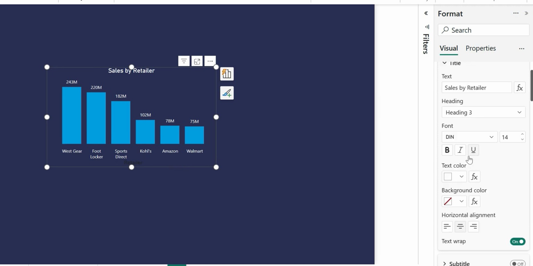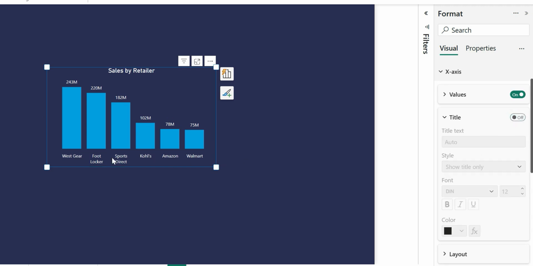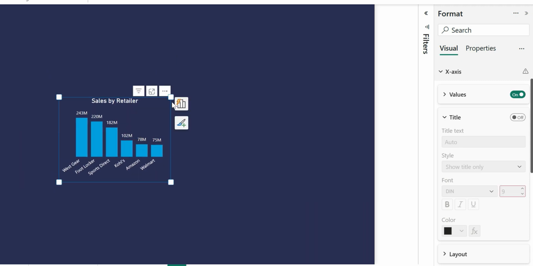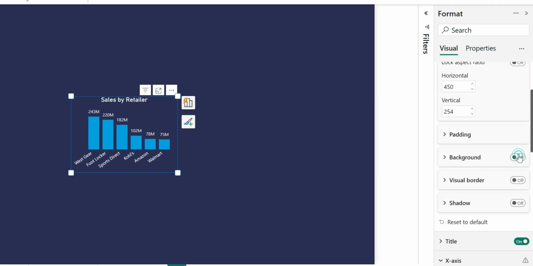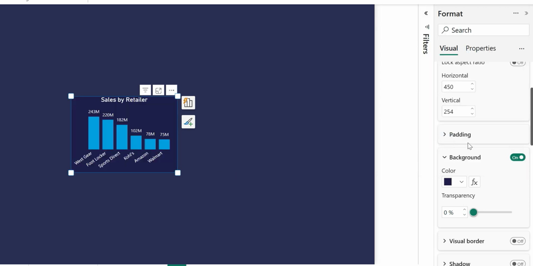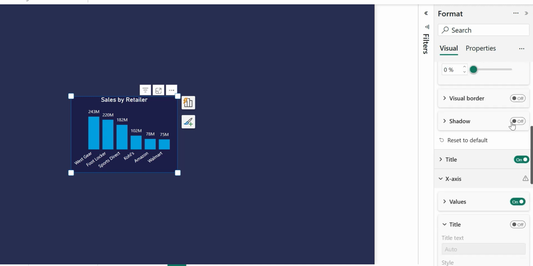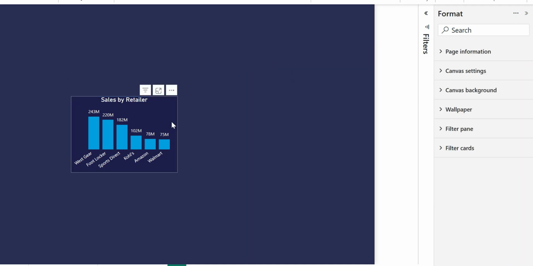Yeah, now we need to turn this chart into a lollipop chart. How can we do that? Okay. I need its background. Maybe it will be okay. And borders. Where is the border? Actually, it doesn't have one. Okay, it doesn't have a border.